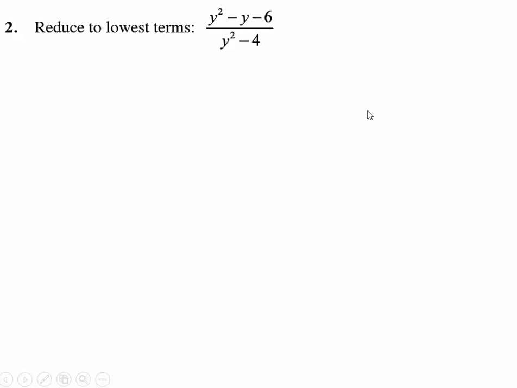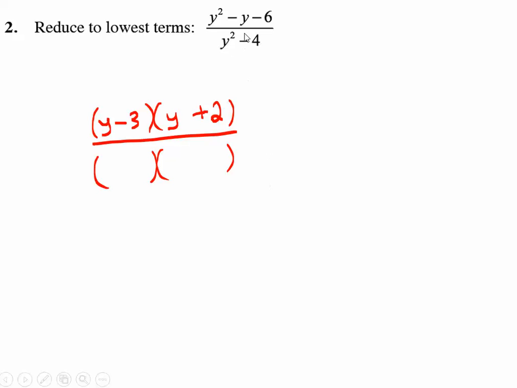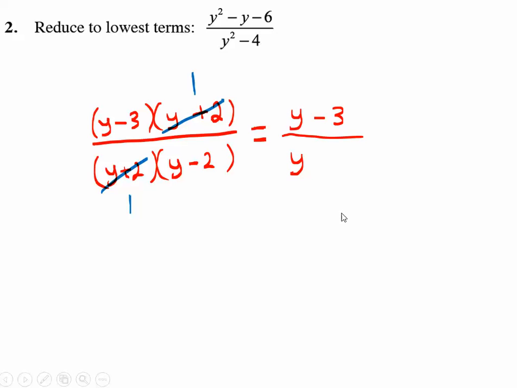All right, again, y squared minus y minus 6. That should factor down into, how about a y times y to get the y squared. And in order to multiply to get negative 6, but add to give you a negative 1, how about a negative 3 and a positive 2? The bottom, again, difference of 2 squares again. So how about x plus 2, x minus 2? And the common term gets to be canceled from top and bottom. Leftovers, how about y minus 3 on top, y minus 2 on the bottom,